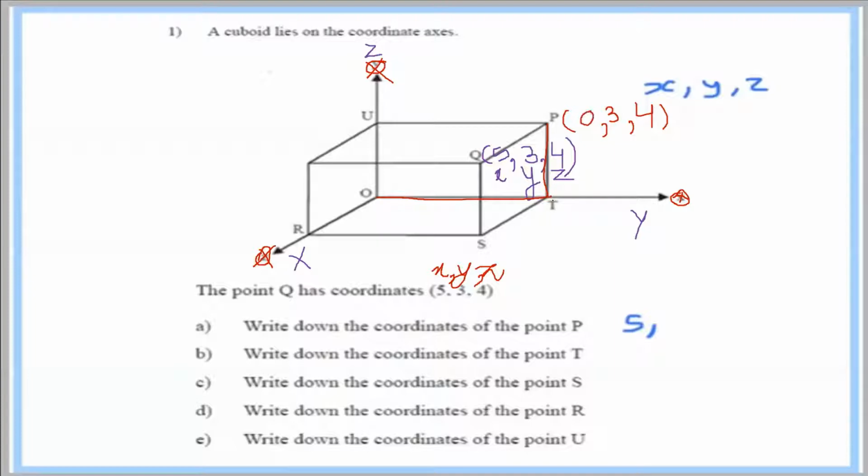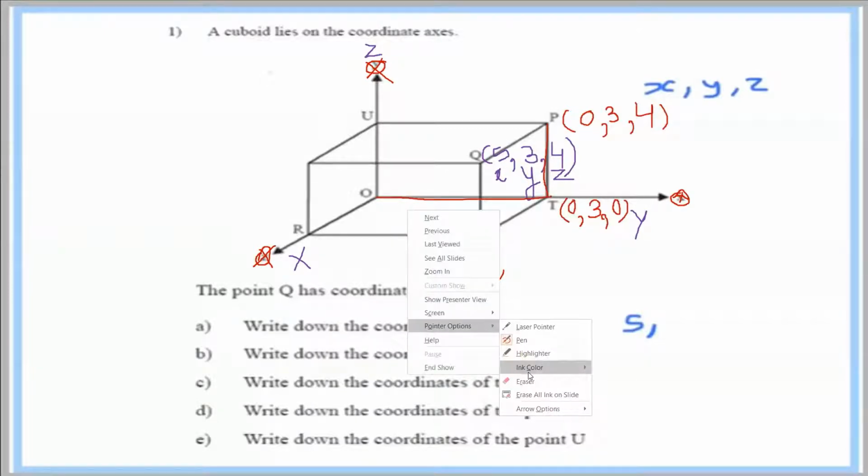What about T? It is very simple. For example, you are moving from the origin to point T, and T is exactly lying on the Y axis. So we should put the value of Y here, that is 3. The other coordinates should be 0 here. I already told you this in the previous lecture.